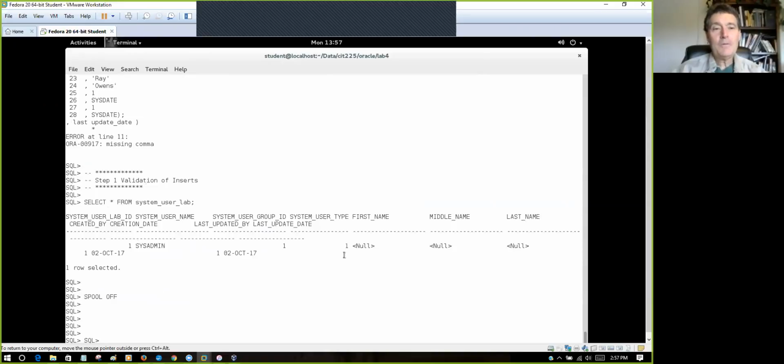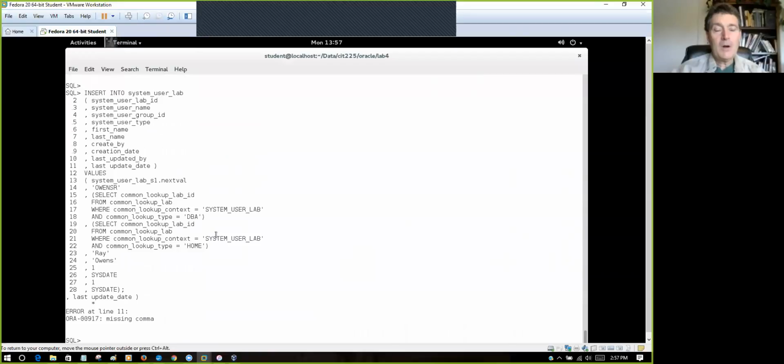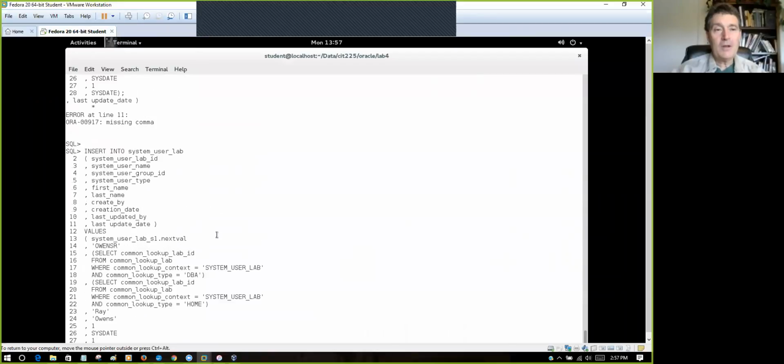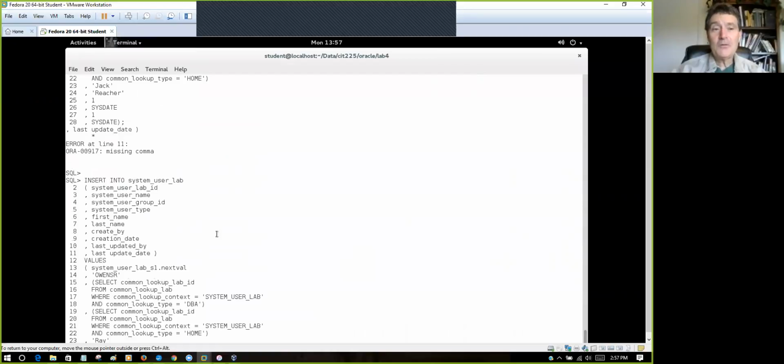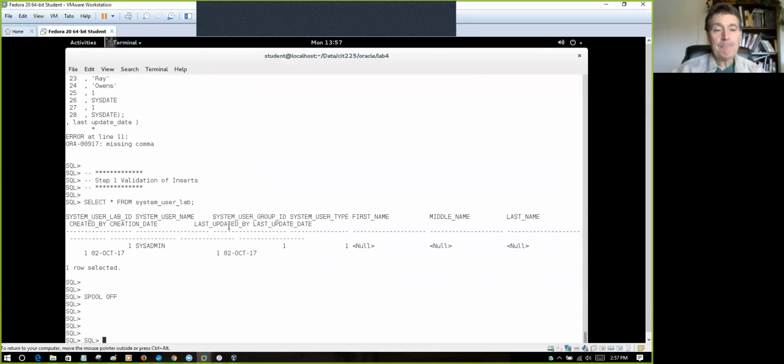Now, after we've done all of that, we look up here. Actually, we can look up here. We can see I had an error in my insert statement. And because I copied that first insert statement, I have the same error. And so I need to fix that in my